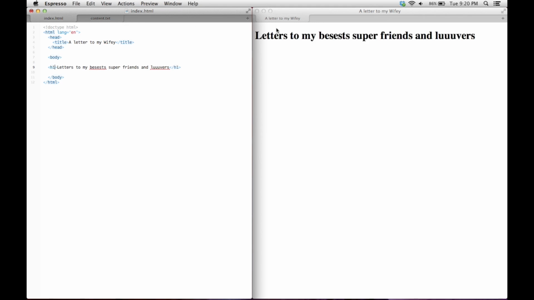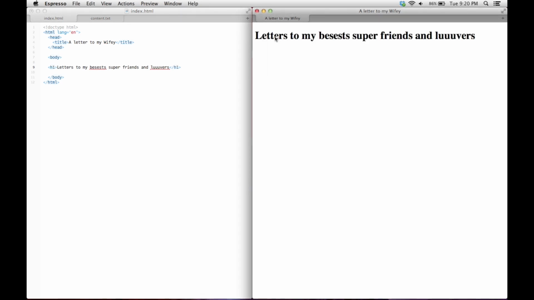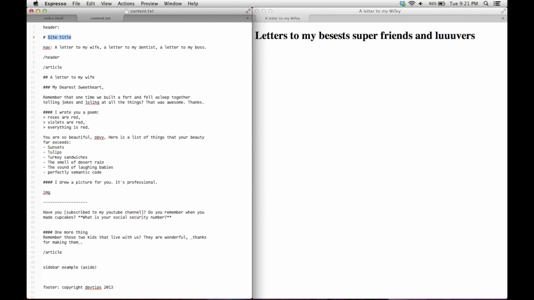And you notice here that there's automatically default styling connected to the H1 tag. It just got bold and large, and I can expect that to happen because it's an H1 tag. If this were an H2 tag, it would be slightly smaller, with whatever other default styles the browser had for it. Okay, the next thing I want to do is, because this is a site and not just a web page,